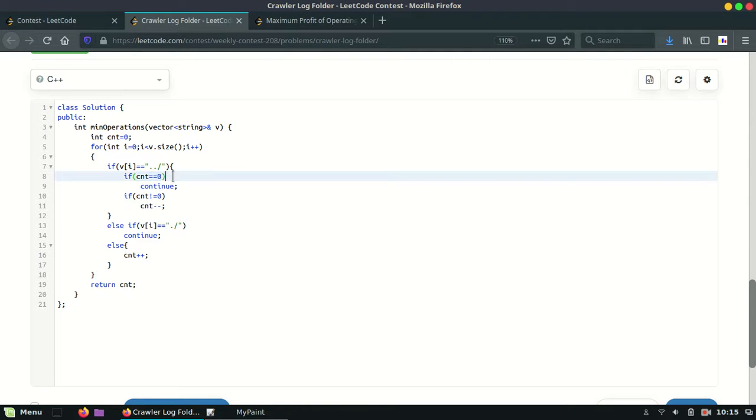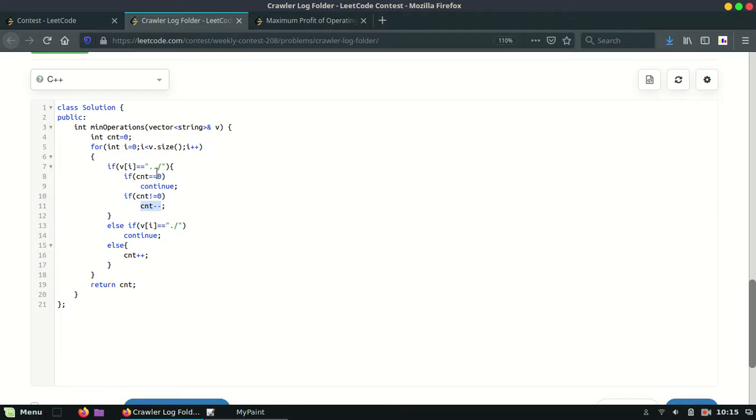If the string means the program is only telling us to move one step backward towards the main folder, then we need to decrement the count, and then we will go towards the main folder.